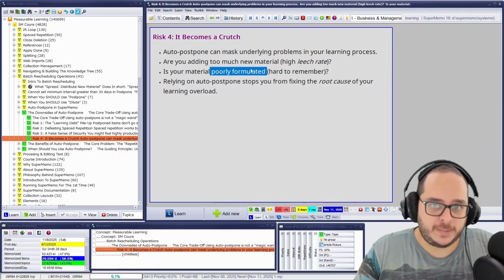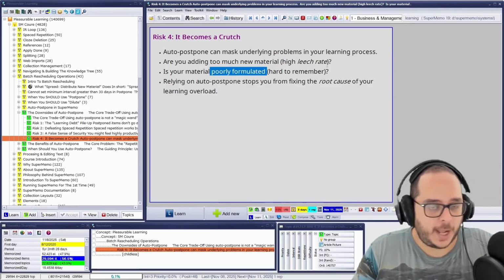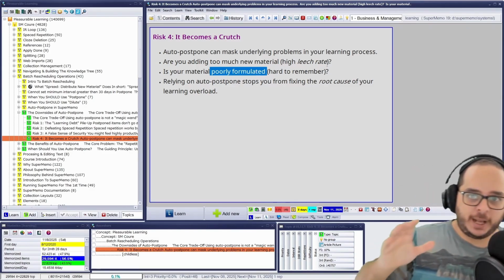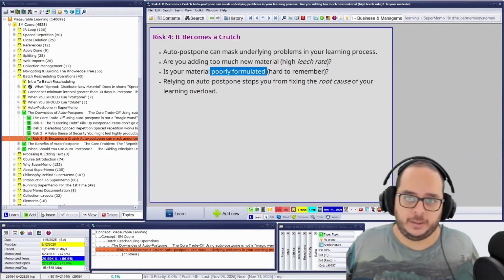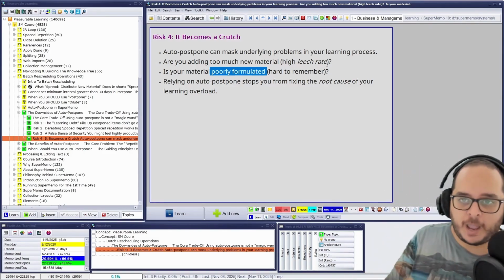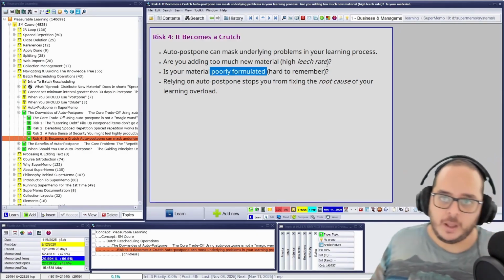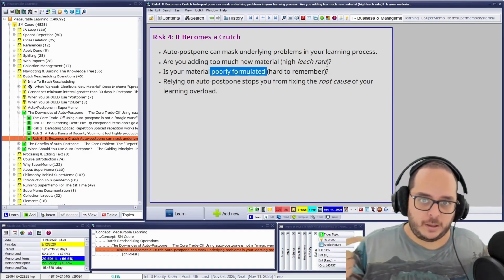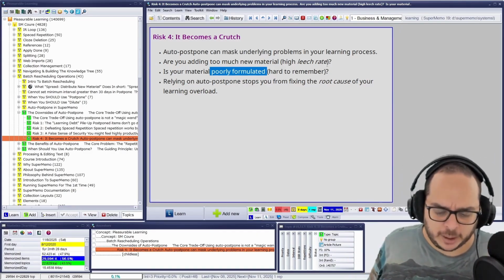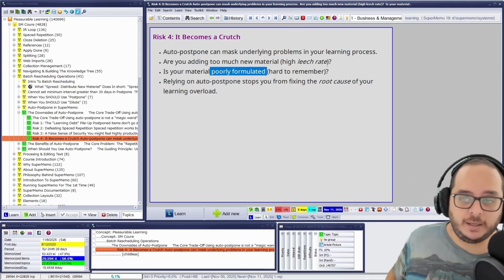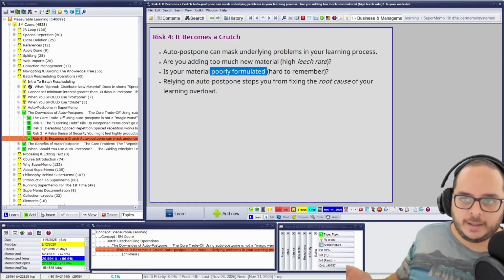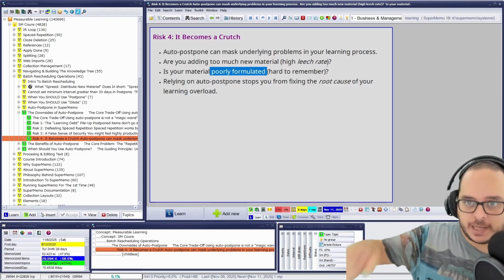Or you're adding too much material at once, and you keep repeating this. I create a lot of material, I have too much material at once, I postpone a fraction of that. I keep creating, let's say my sorting criteria is very high in topics, therefore I keep repeating the same cycle.